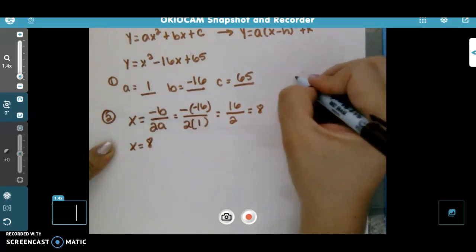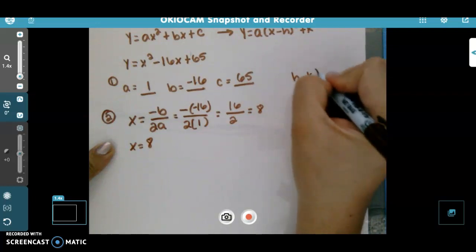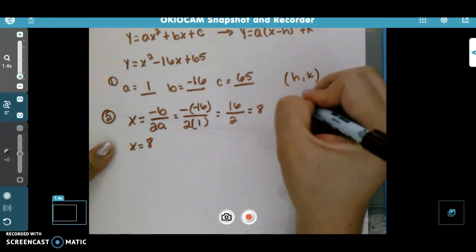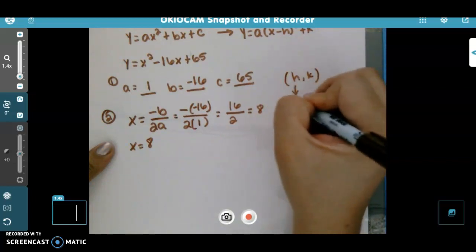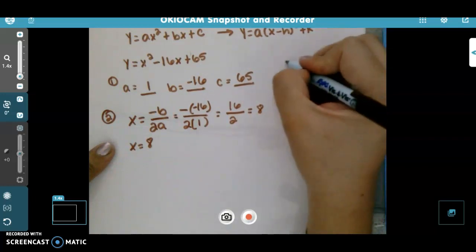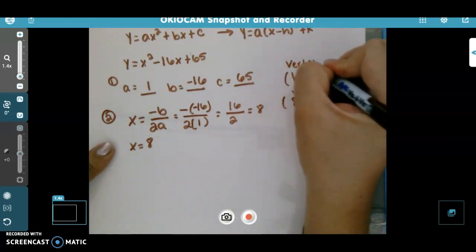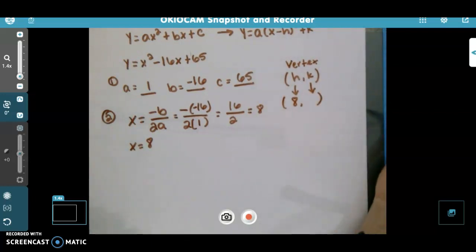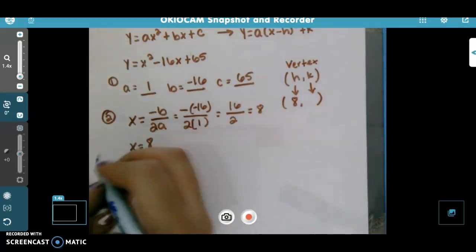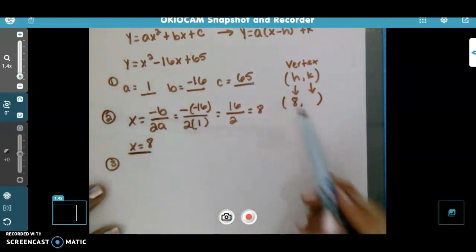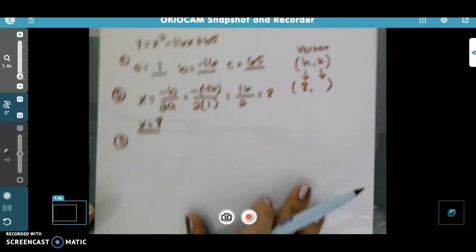So remember what we talked about with h and k? We've always said h tells you your axis of symmetry. So for sure, I know 8 is going to be part of my vertex. So remember, this is vertex. Now I need to find k. Now in order to find k, which is step 3, I got to substitute this x value, my h value, into the original. So it would be